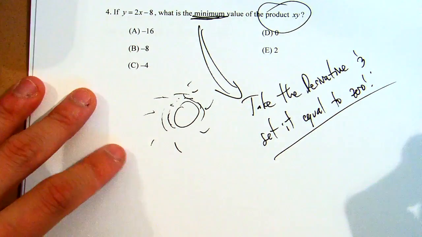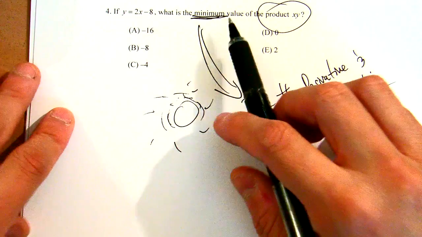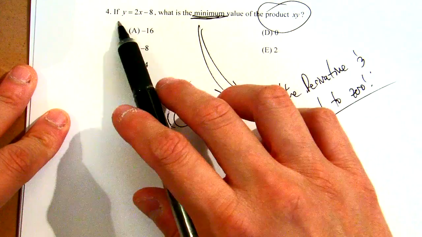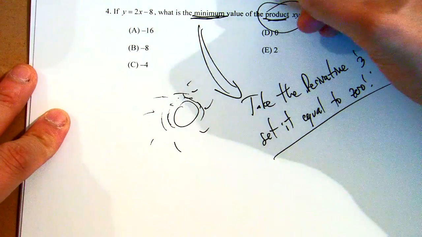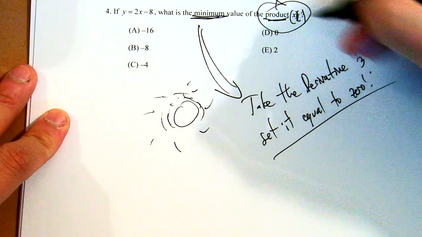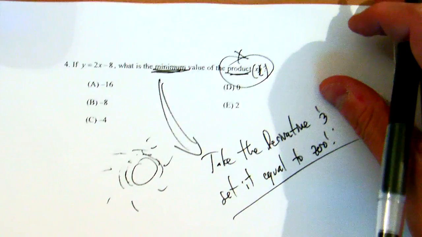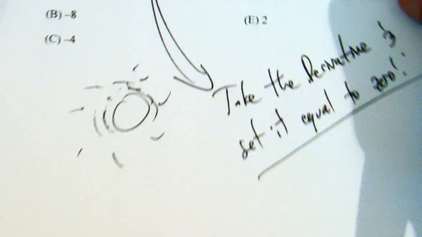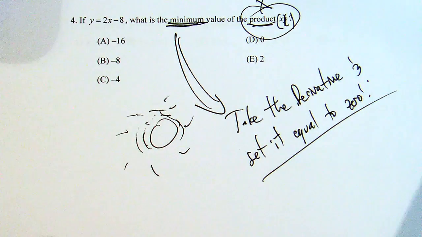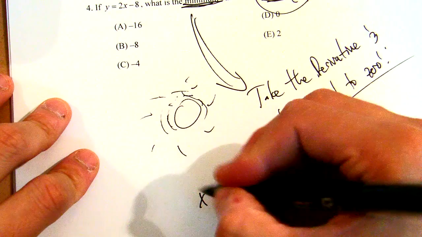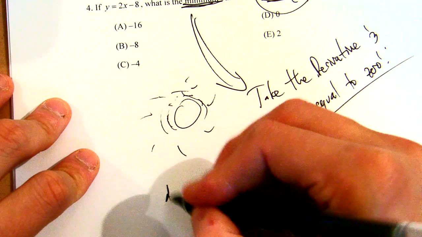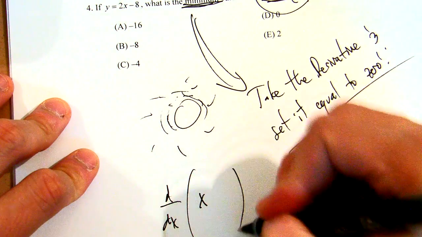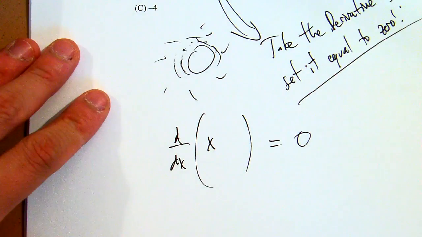Now, you're seeing a pattern here. And you want to find the minimum value of what? It didn't say of y, it says of the product. Product means multiply, x times y here. So this is the product they're talking about, x times y. So you first need to find what x times y is. So we want to take the derivative of something and set it equal to 0, and that something is xy,